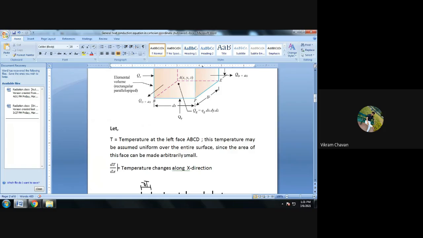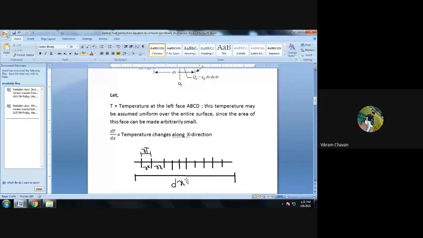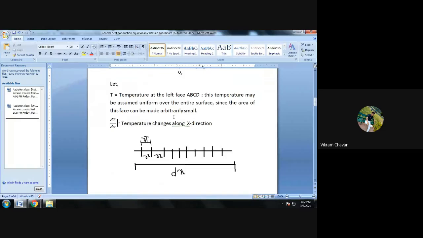Okay, now we are considering that. Here I have drawn one simple diagram for the understanding purpose. My drawing is not that good, but I tried to draw it. So let us consider this thickness in x direction of the parallelepiped. What is the thickness? It is dx. We are considering it is a dx thickness in x direction, and that dx thickness we have taken over here.